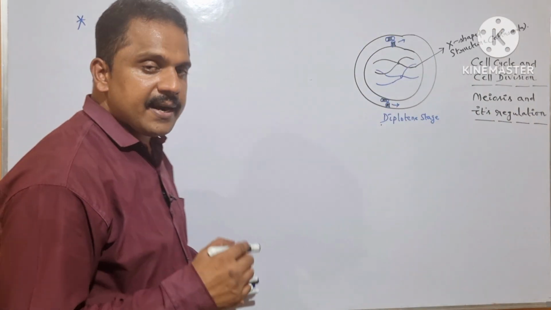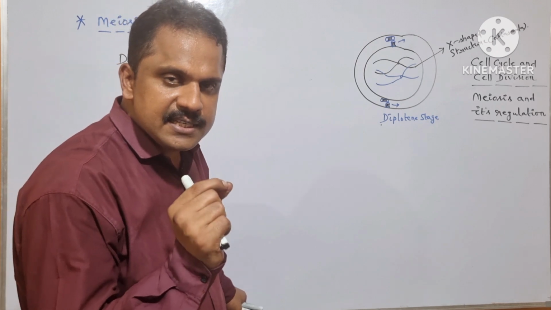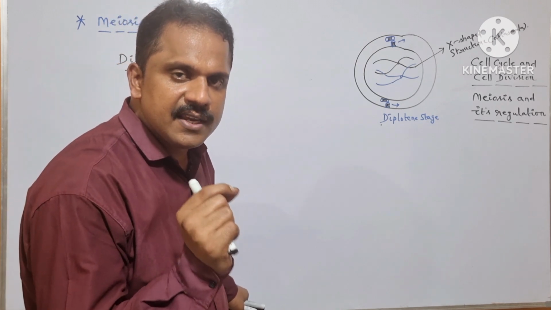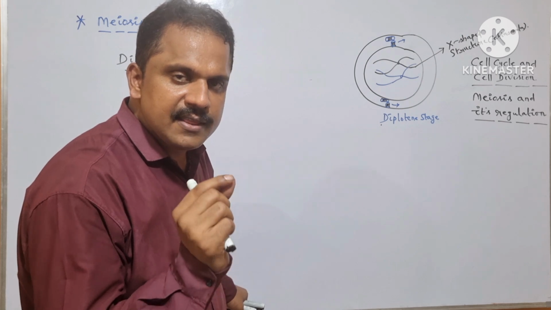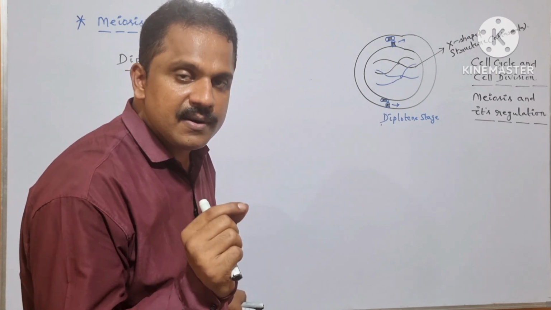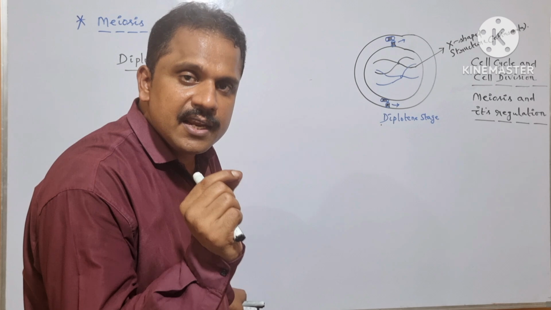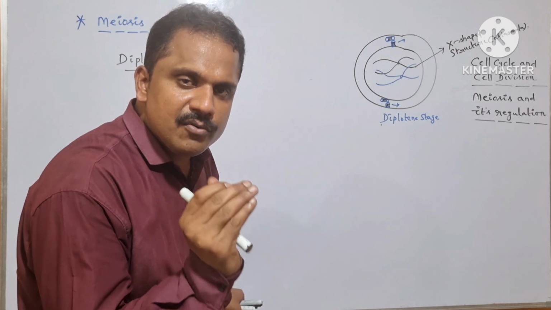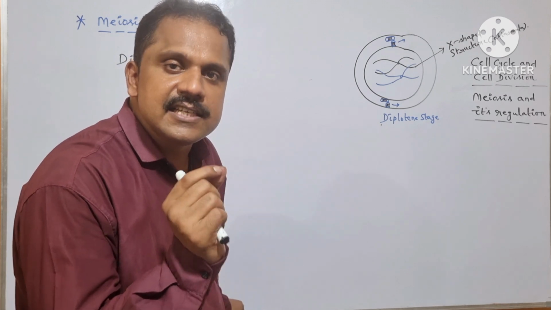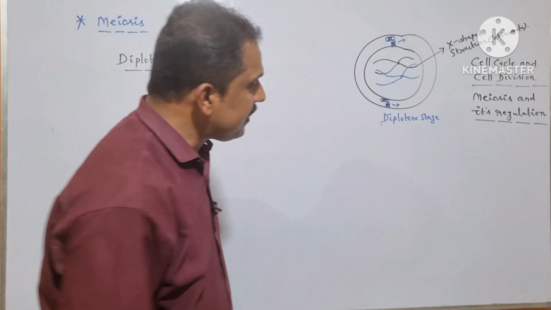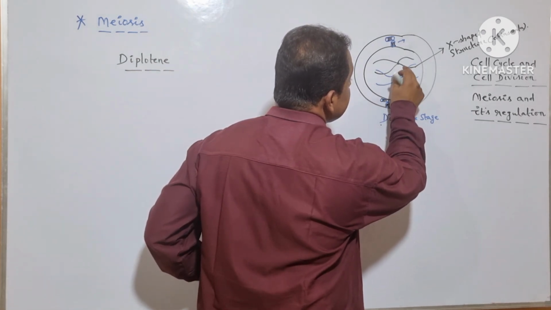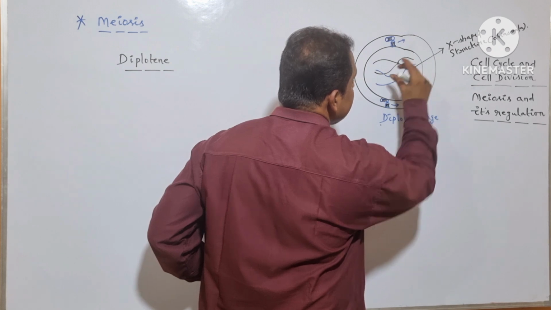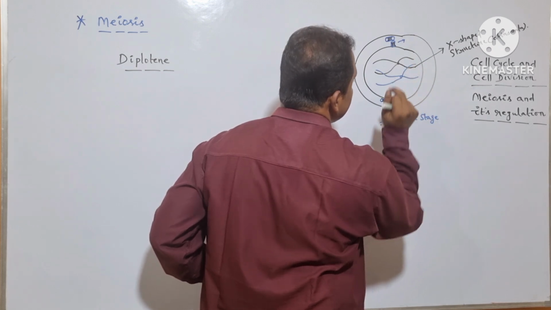After the pachytene stage, the next stage of prophase 1 of meiosis 1 is the diplotene stage. During the diplotene stage, the synaptonemal protein complex, which is responsible for regulating the pairing between the two homologous chromosomes, disappears. Is it clear? The specific protein complex termed the synaptonemal complex is responsible for regulating the pairing between the two homologous chromosomes.